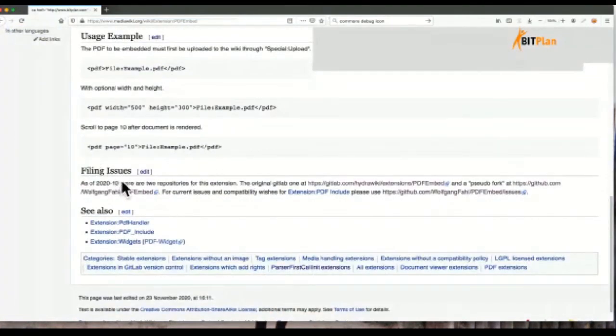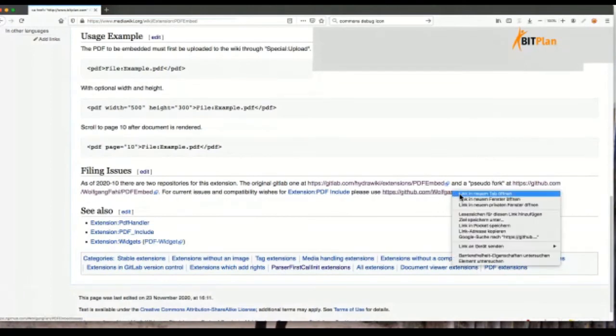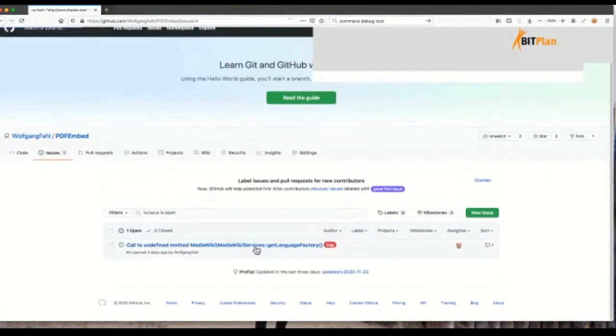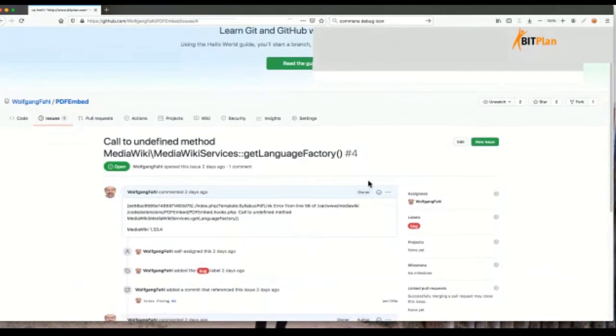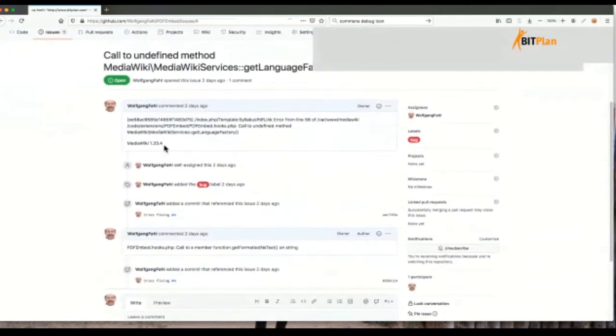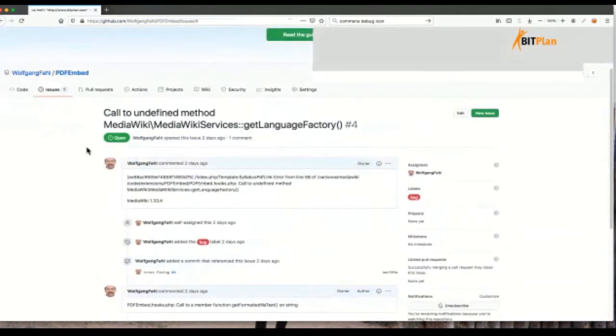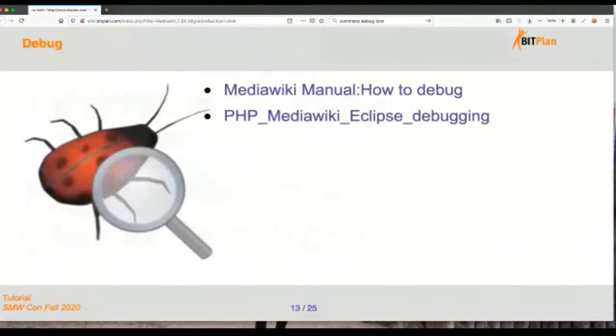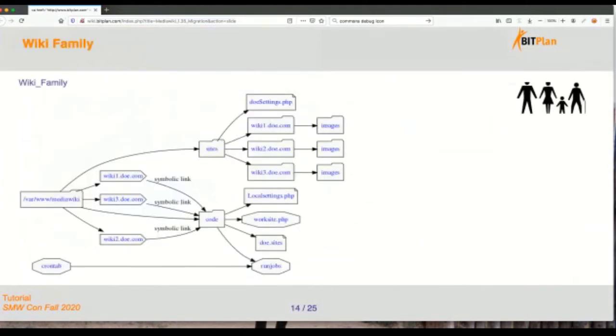And as you can see, I wrote a note here that I'm working on a pseudo fork here, and then if you have issues on this extension, please go to GitHub and tell me what's going on. And this was an example. I changed the stuff to 1.35, and as soon as I was using it on a 1.33.4, it failed again. So backwards compatibility is also a problem. If you fix the extension and you want to use the new features on an old version of Mediawiki, you might also be in trouble.